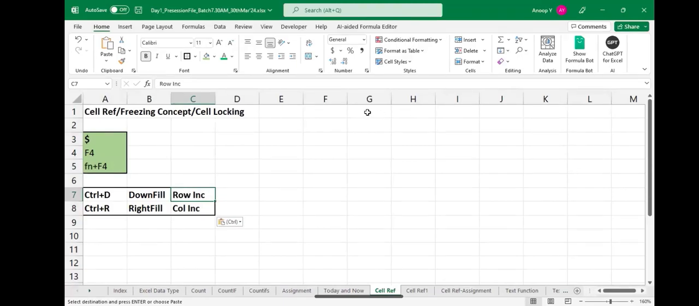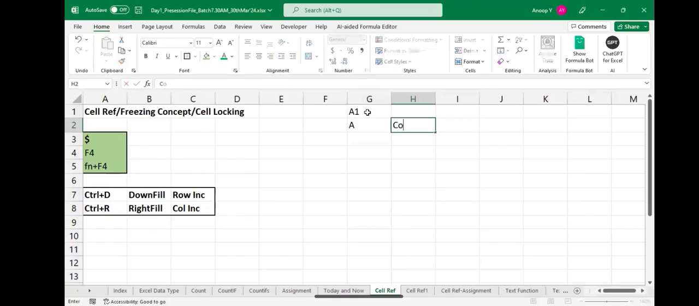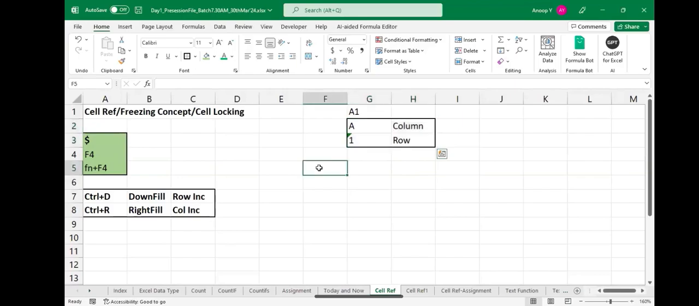Now, if you take the reference of any cell, for example the A1 cell, in Excel each and every cell is a combination of two things, or not? One is a column and the second is a row. So in this A1 cell, A is what? Column, and 1 is row. Correct? Now we have three kinds of cell reference in Excel. The first reference is